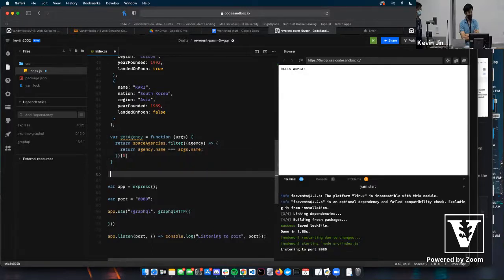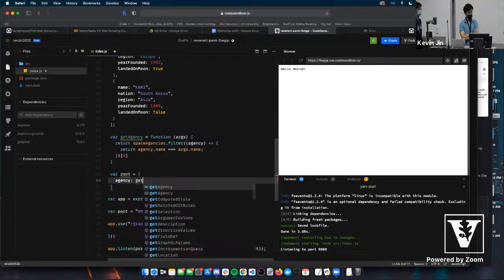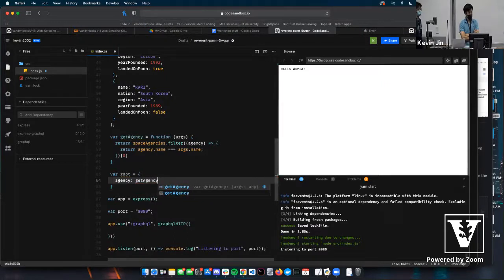So now we need to make something called a root, and this is like, hey, what can my server support? So we'll say var root. All right, and we'll say agency. So whenever we make a query for something called agency, we're gonna actually call get agency. Make sure that you don't put